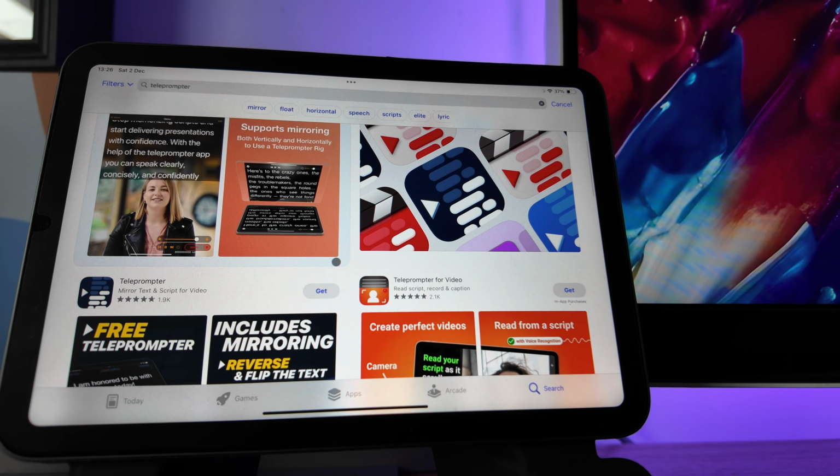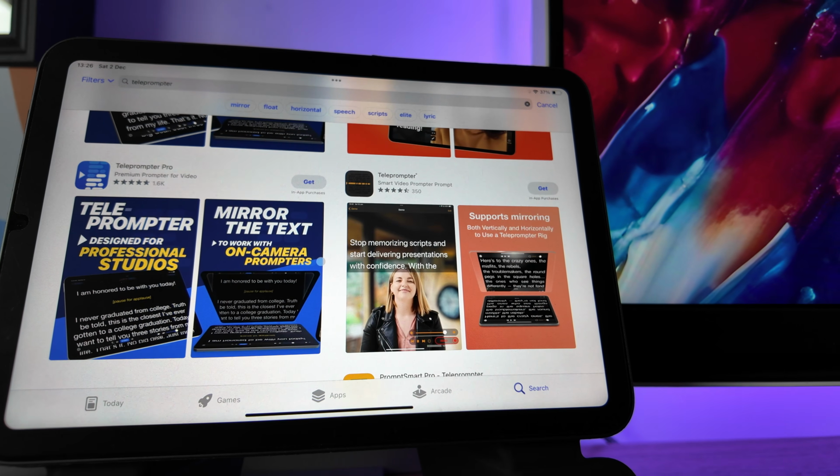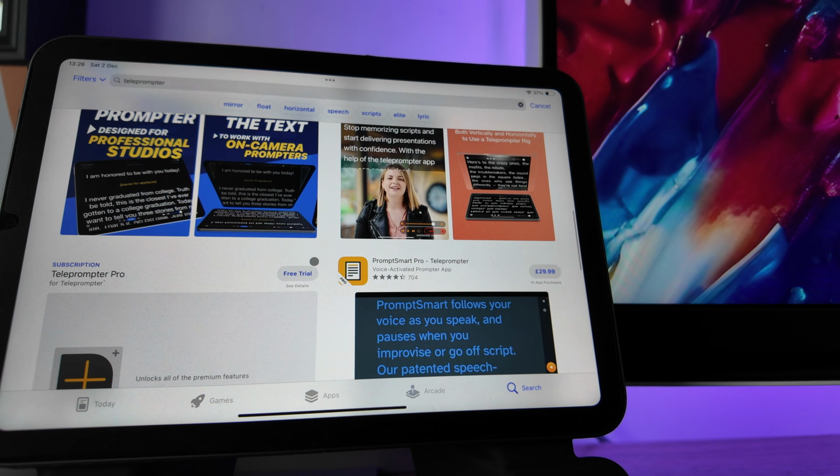It works really well, and the tiny size of the iPad mini means you're not going to see your eyes moving side to side like they would if you were using a bigger display on one of the larger iPads. Pro tip for those who are running presentations at work: just download a teleprompter app to your iPad that will respond to your voice, and it'll help you get through those presentations nice and easily without needing to check your